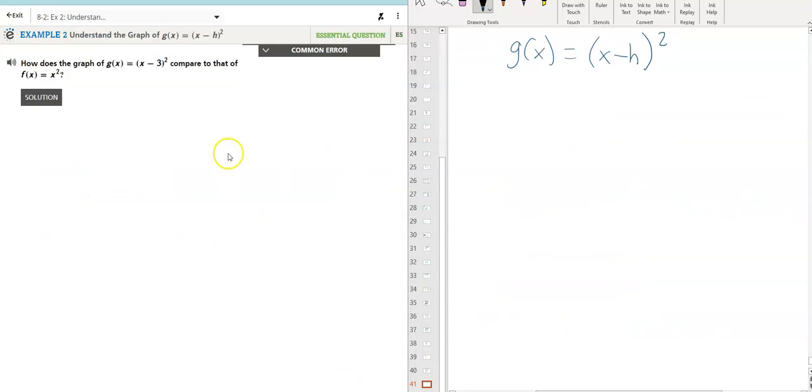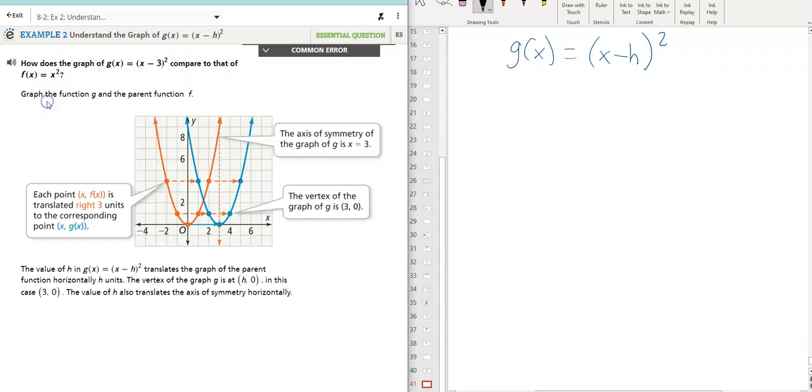All right, example 2 is now looking at another part of our vertex form of a quadratic equation, and we're looking at the letter H. Now, we've seen this in our warm-up a lot, so you guys kind of have an idea about H and K, but this is going to just solidify this here. So we have our graph, g of x is equal to the quantity x minus 3 squared, and we're going to compare that to our parent function. So same thing, we have our parent function here in orange, and our new graph, g of x, is here